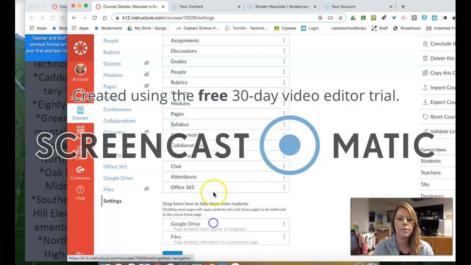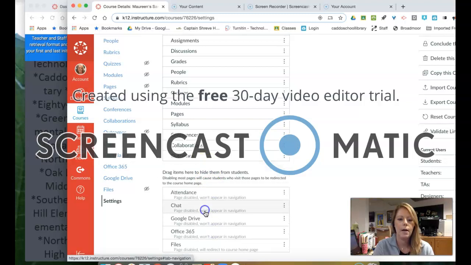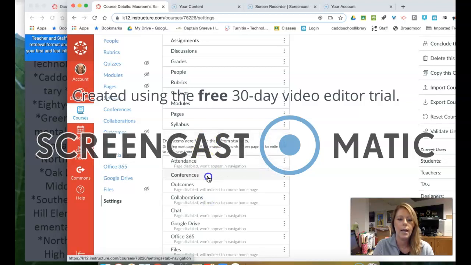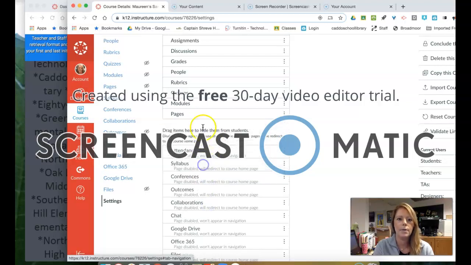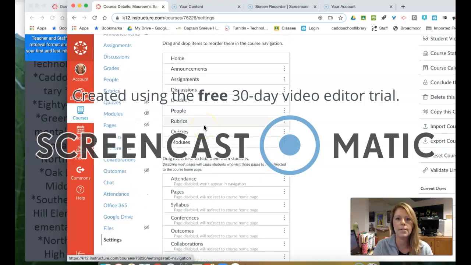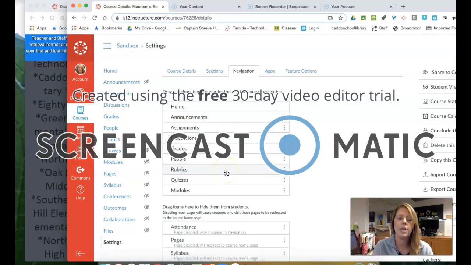And I want to move some out of the way so that even if I have content there, students don't need to see it and they don't get bogged down looking around in things that are just distracting to them. This will clean up their view. So right now I've got the things that I think my students will need to see. I have to go down here and save my changes,